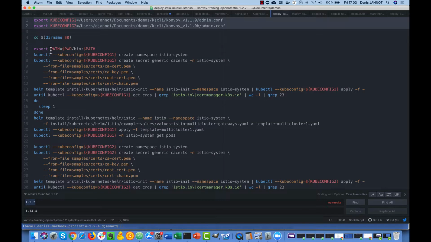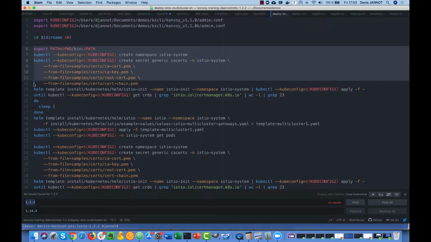And then I just create the Istio system namespace of the first cluster, create the secrets, and enable Istio. So and just wait for my 23 CRDs to be created. So I just go there and I can just do that here.